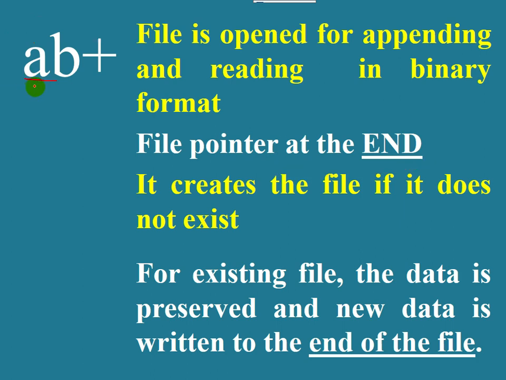Obviously A is there, so you can remember it like this. When you open it, the file pointer will be at the end of the file. And here, if the file does not exist, the program will create the file and the data will be written to the newly created file, to the end of the file. Underline that. Okay, if a file exists, the existing file will be made use of. There also the new data will be written to the end of the file.